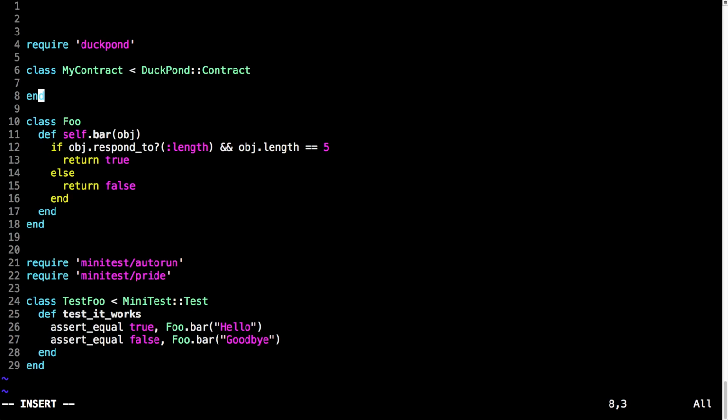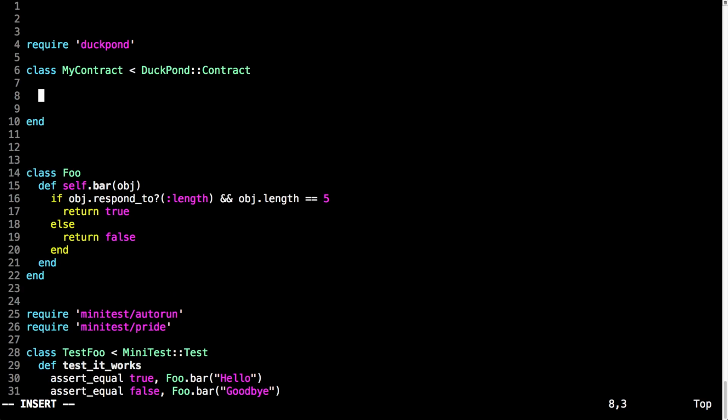And once you are in, essentially a contract consists of a number of clauses. Has method is one of the types of clause. It's really easy to make your own, but this is one of the ones it ships with. A method clause, where you pass in basically just the name of the method, in our case length, and optionally arguments, in our case responds with 5. So basically that there is now a contract. It expects anything to meet the contract must have a method called length, and that method must respond with 5,